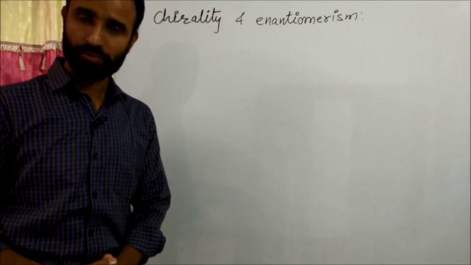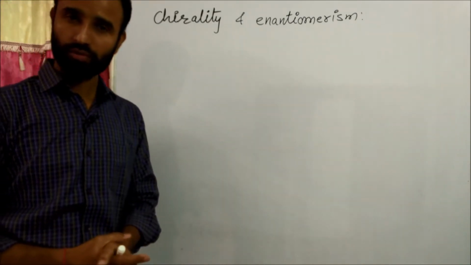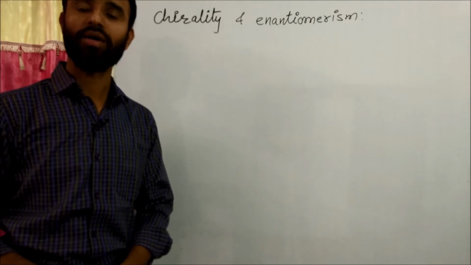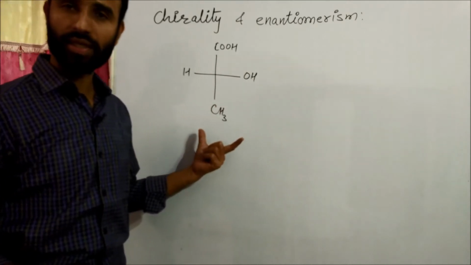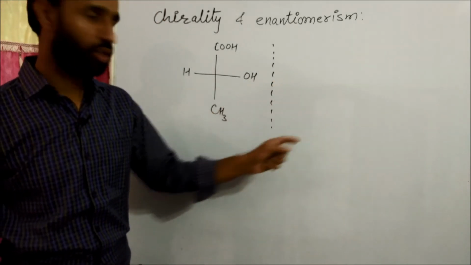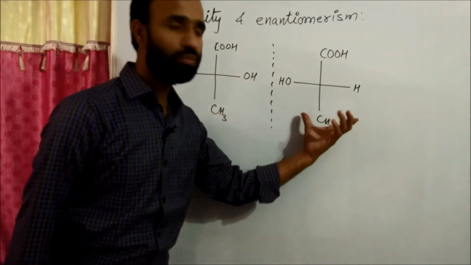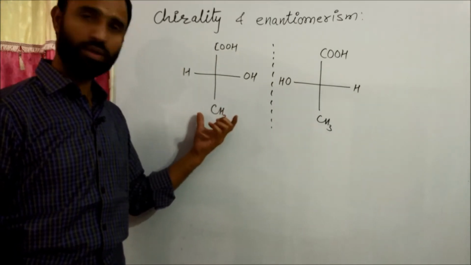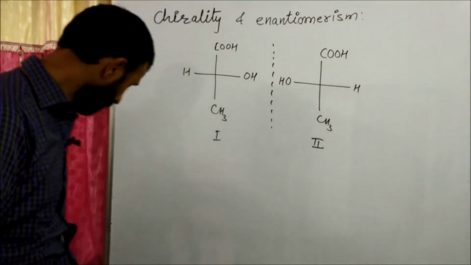Chirality and enantiomerism. This is the second part of optical isomerism. Molecules which are non-superimposable on their mirror images are chiral compounds. For example, let us take the case of this molecule when its mirror image is formed. It is like this. Now this molecule is not superimposable on this one, and non-superimposable mirror images are known as